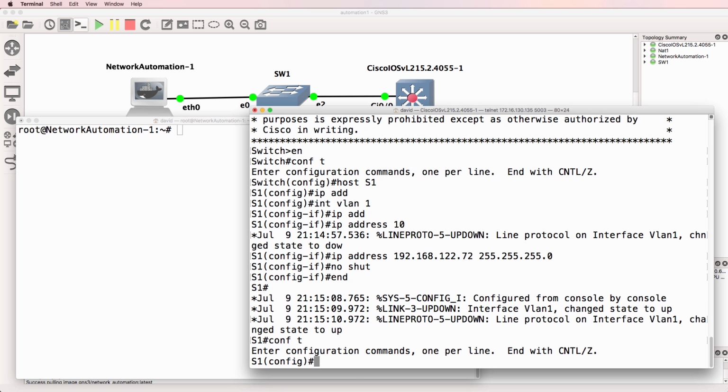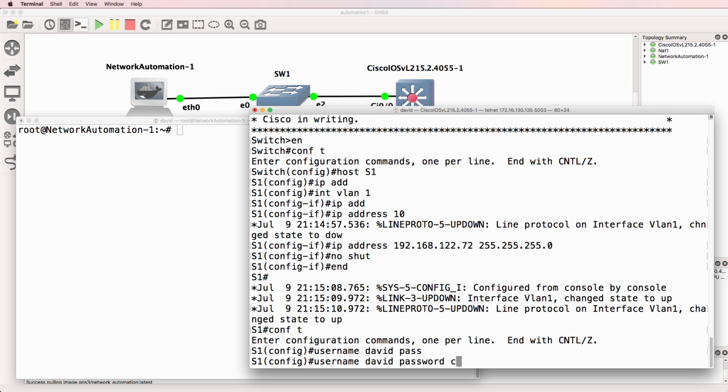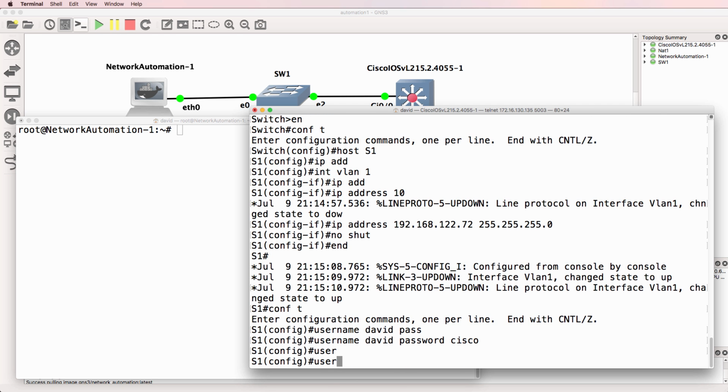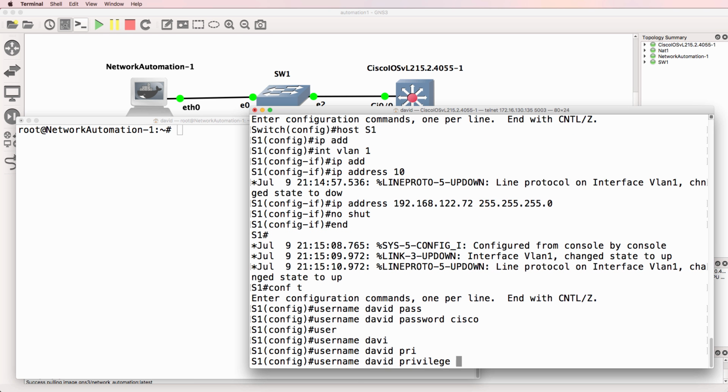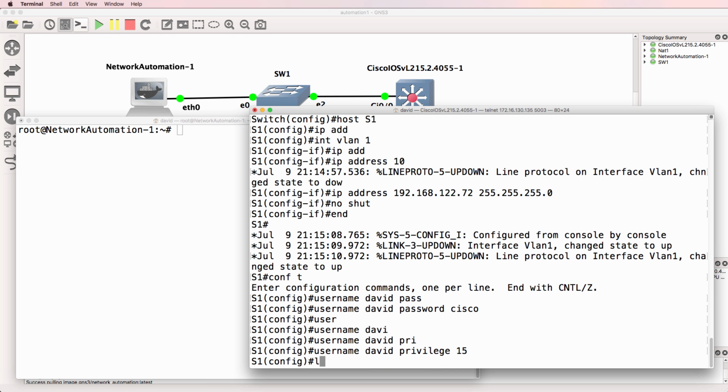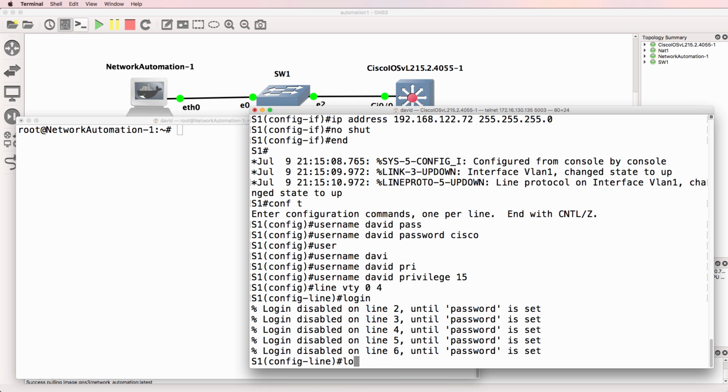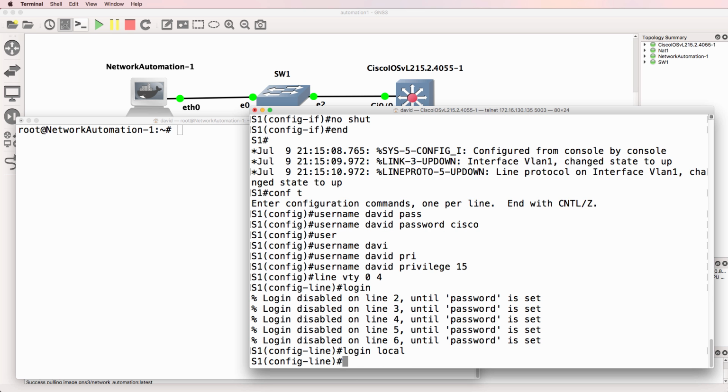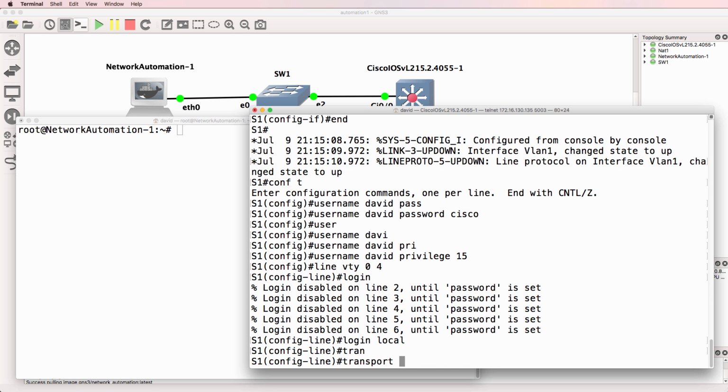So what I need to do on the switch is enable SSH. That's because Netmiko uses SSH for connections. So I'm going to create a username of David with a password of Cisco. I'm going to give David privilege 15. And then I'm going to go on to the VTY lines, use login local, transport input all,